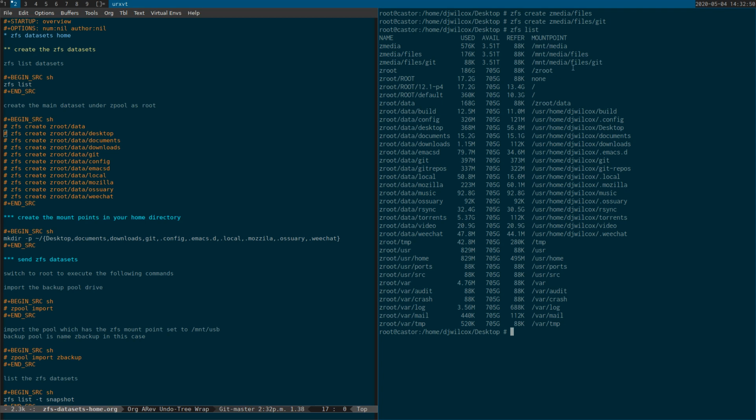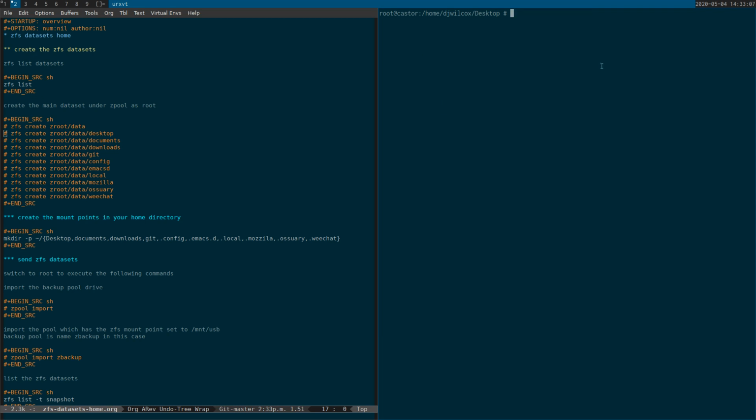So the mount point here is mount media. When I created the ZFS files data set, it comes up as zmedia files and then media files git. Okay, so now the next step we're going to do is, I think what we need to do is we actually need to